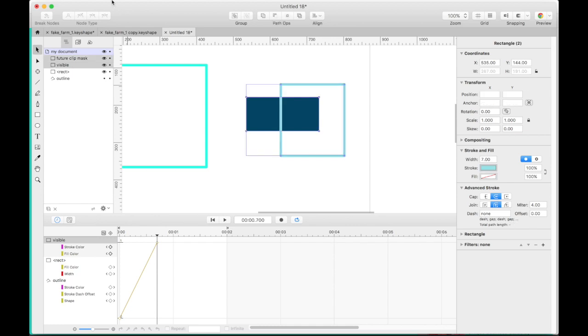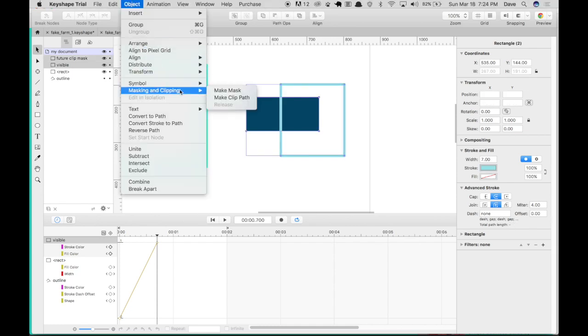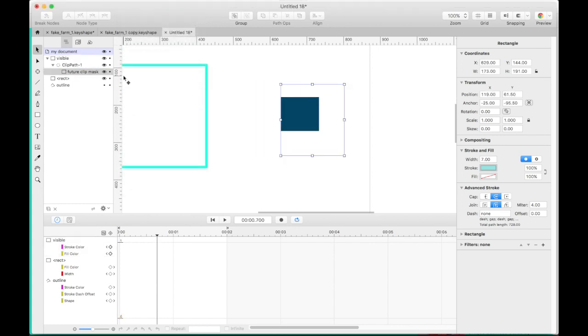I'm going to select both of those, Object, Make Clip Mask. So here's visible, and this is future clip mask. And so we lost our actual rectangle, and there it is. It's under visible.